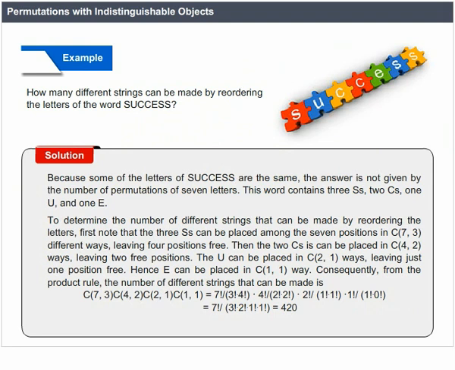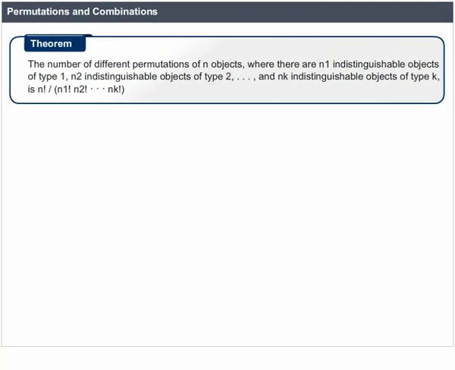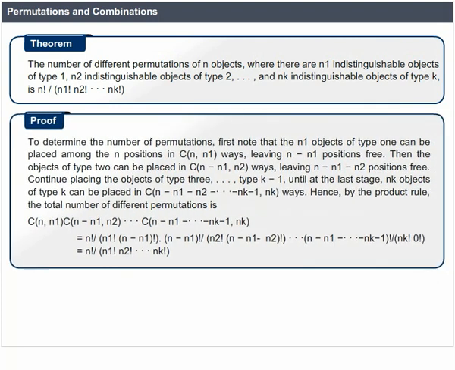The number of different permutations of n objects where there are n1 indistinguishable objects of type 1, n2 indistinguishable objects of type 2, etc., and nk indistinguishable objects of type k is n factorial divided by n1 factorial, n2 factorial, etc., nk factorial. Proof. To determine the number of permutations, first note that the n1 objects of type 1 can be